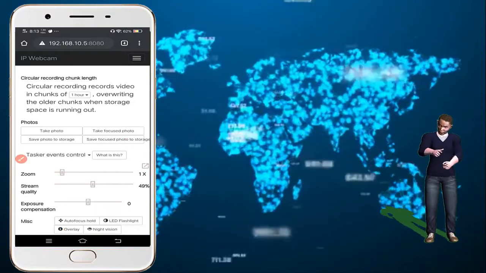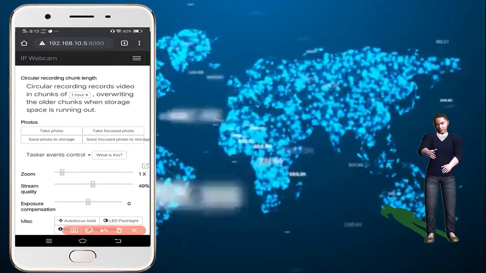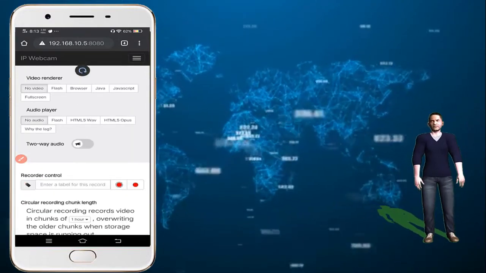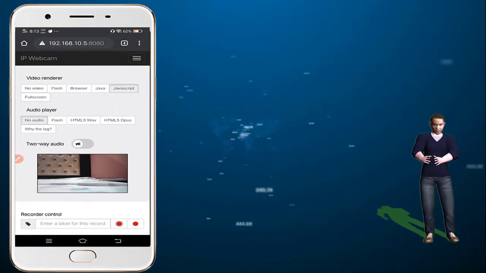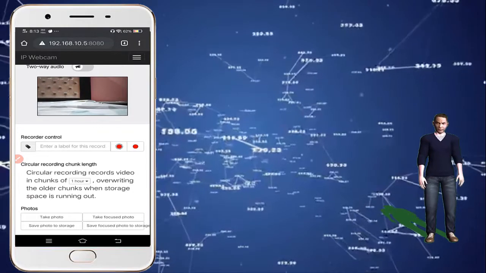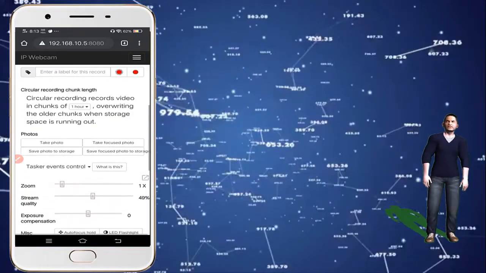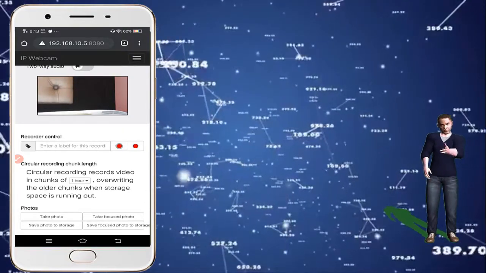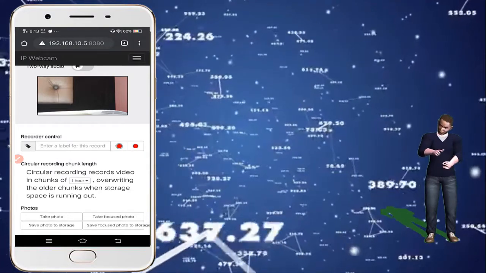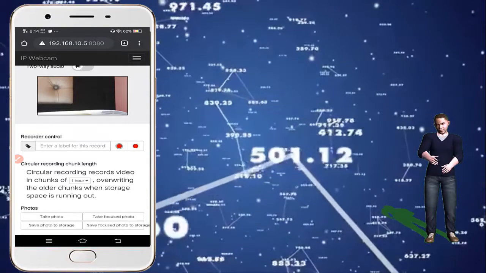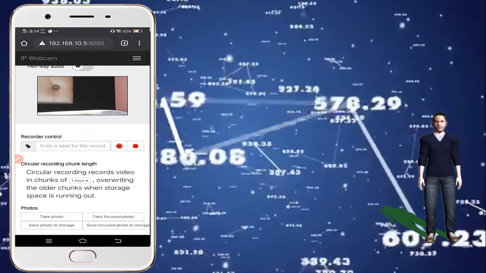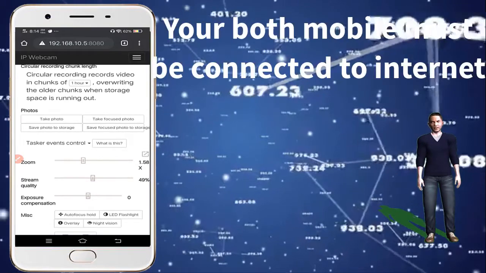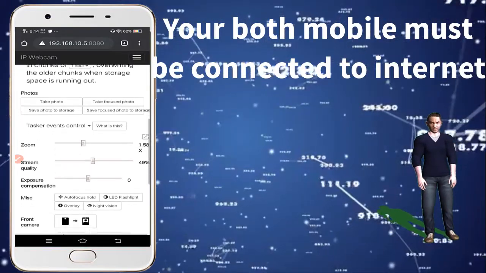Now this control is really important. Actually, we can zoom the camera of that mobile from there really easily. Let me show you. Now you can see the camera is focused on this position, and let me zoom it. When we zoom it, now you can see it's zoomed. Even if your camera is not close to you, you could be sitting in one city and that particular mobile placed in another city, but the most important thing is both mobiles must be connected to the internet, because this application works through the internet. So you can zoom it, you can set the stream quality of your video,